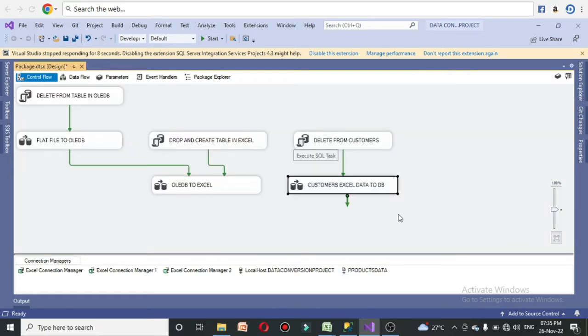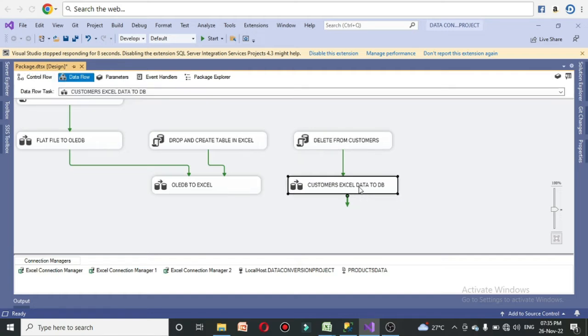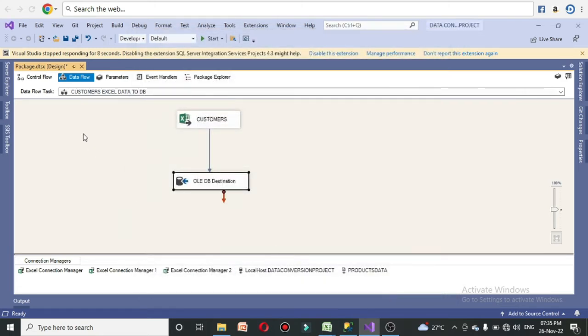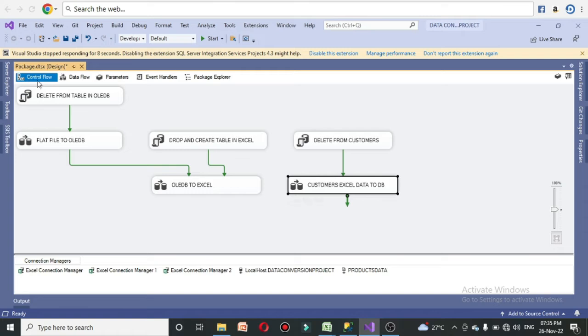Once you run it for the first time, all the Excel file data will be loaded to the OLEDB destination, that is the customers database table. We are going to name it, and the database is the one we created in SQL Server, data conversion project. After that, if you rerun the execution,